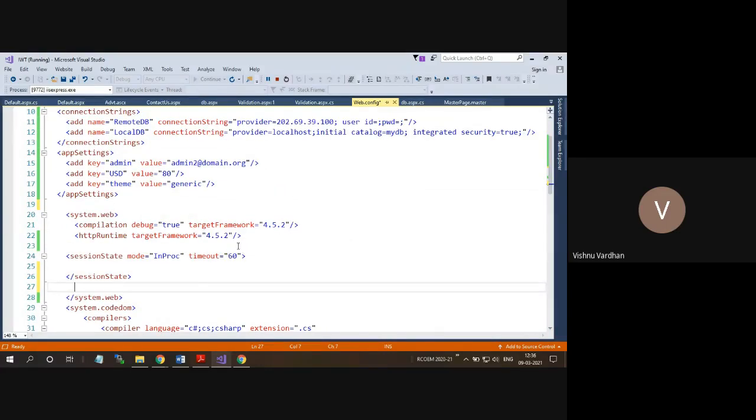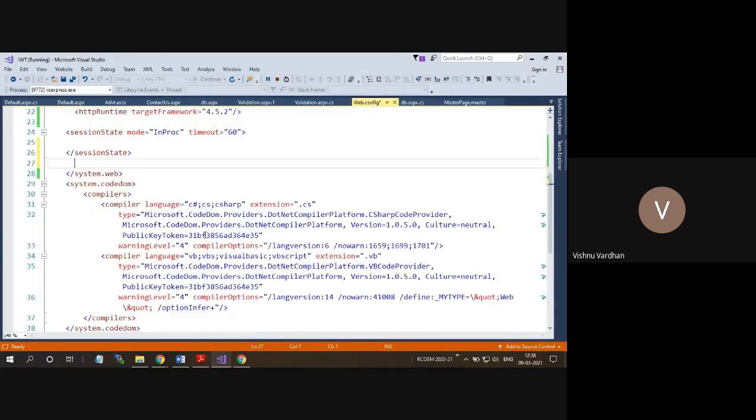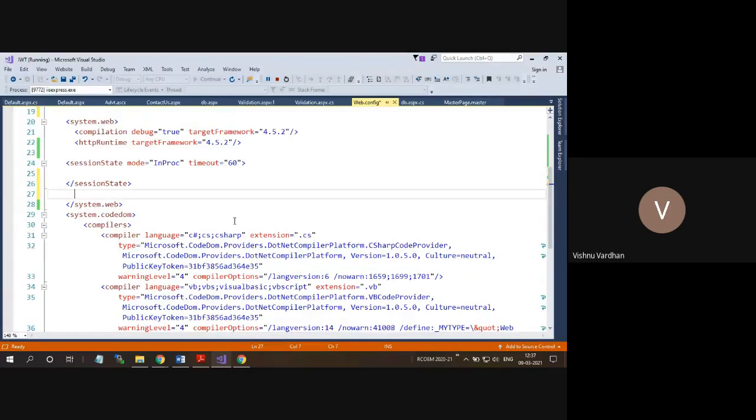There are n number of things that we can use for the web.config file, and whatever changes you implement in this web.config file, they are seamlessly accessible from all the pages, and they are going to be unique.